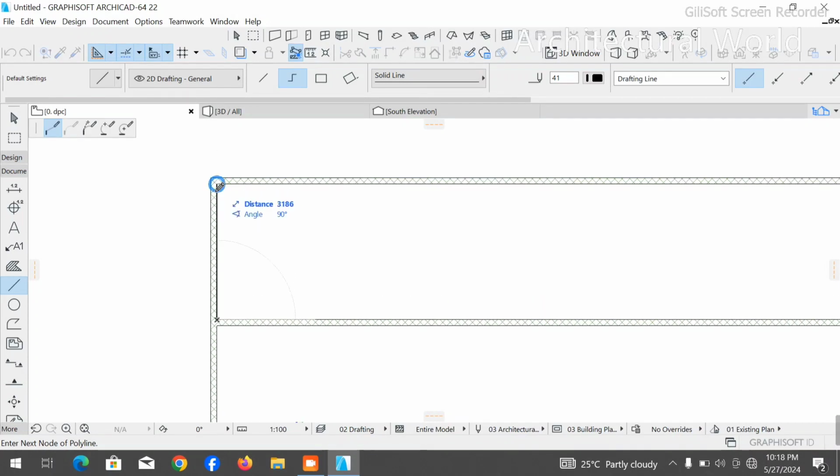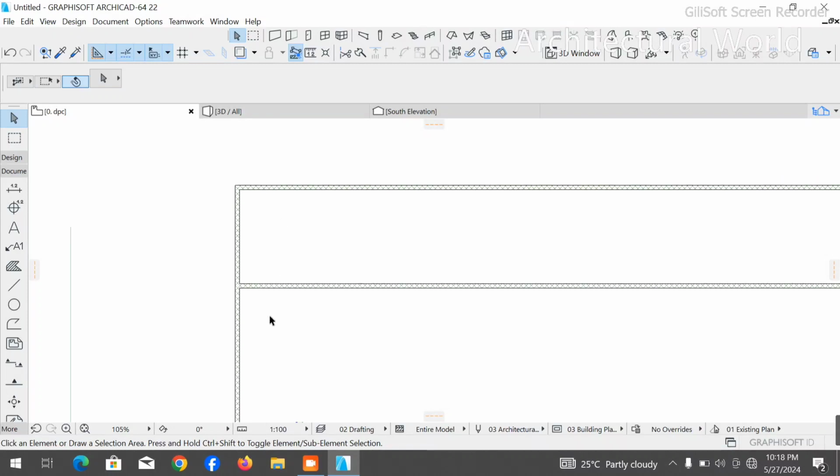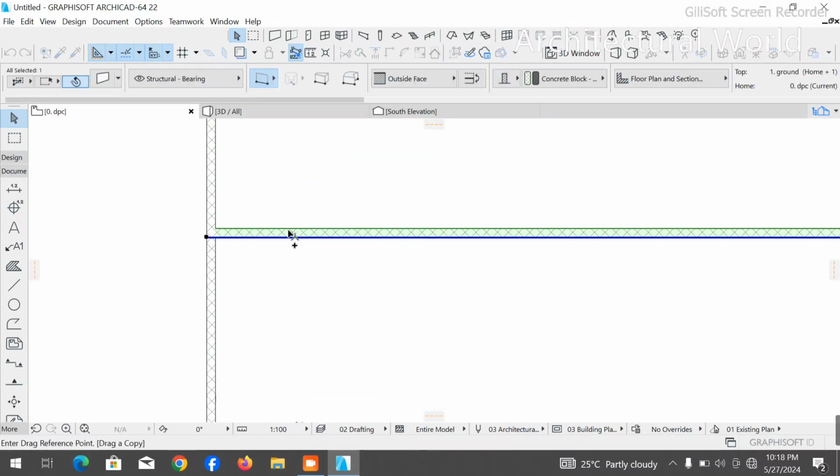Okay, 3.3 meter. You can see it very well. So I've created my 3.3 meter. Then the next thing I want to create right now is my toilet, and I need a toilet of 1.3 meter. If I need a toilet of 1.3 meter, automatically I should be working with, including my block wall, that is